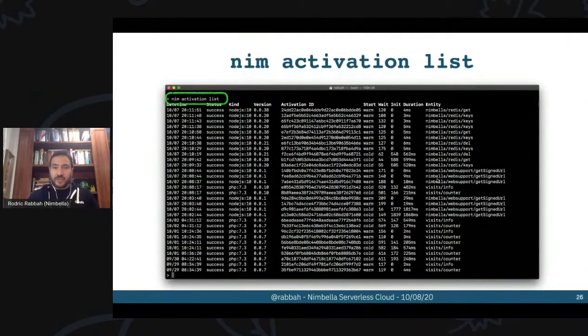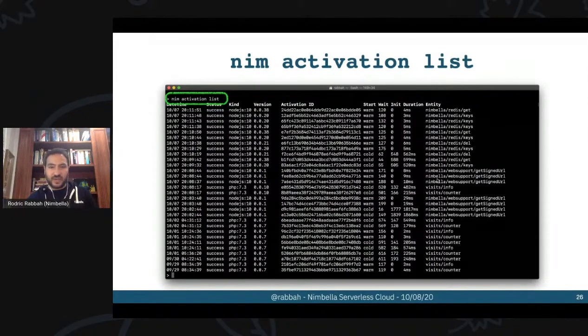This nim activation command is very convenient. I run it from the workbench all the time because I can then just click on particular activations that I want. I can see which ones are errors and just click on those, for example. But it also works from the command line, and I also use it equally frequently from the command line. And there's a bit more information that we show here just because it's more handy and we don't have the flexibility of HTML. So we render some things a little bit differently, but it's exactly the same information otherwise,